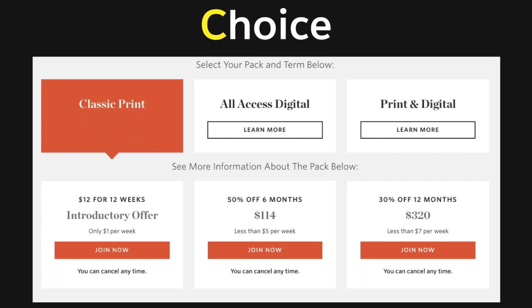Not only does the choice of print or digital anchor the value of the subscription, it confirms the value of getting both, creating a greater sense of satisfaction than if there was only one option. There's also the fear of anticipated regret, which this solves for here with limited options. I don't want to regret making the wrong choice or missing out on something. This fear of missing out is something that having too many choices will lead to. You'll start thinking more about what you didn't choose instead of what you did.